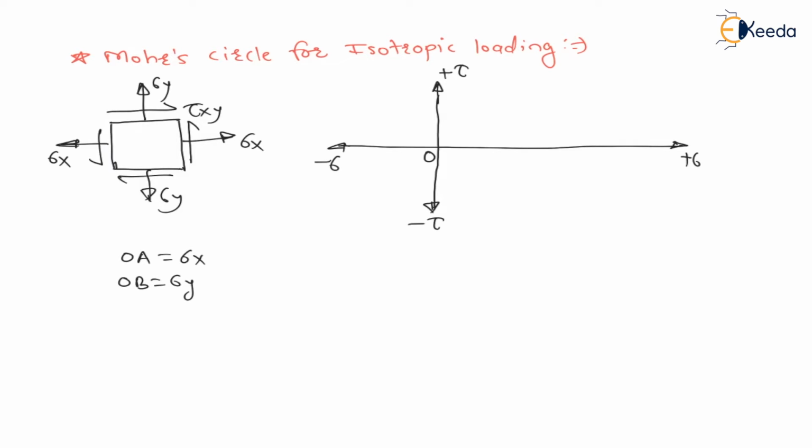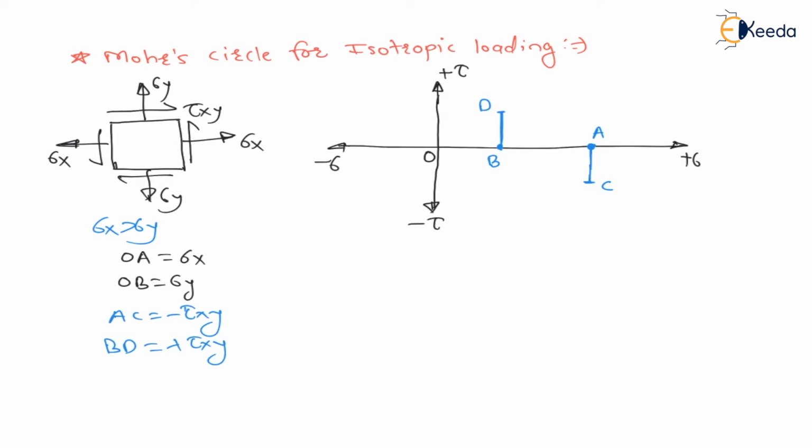Right. Now while drawing from O to A, here I am assuming sigma x is greater than sigma y, therefore O to A, the magnitude is sigma x. From O to B, the magnitude is sigma y, right? Now from point A we have to go tau xy magnitude downward, and we will get point C. Therefore A to C is minus tau xy. Minus means negative side, it is anti-clockwise here. From B we have to go tau xy magnitude upward, that is B to D is plus tau xy, that is clockwise shear.